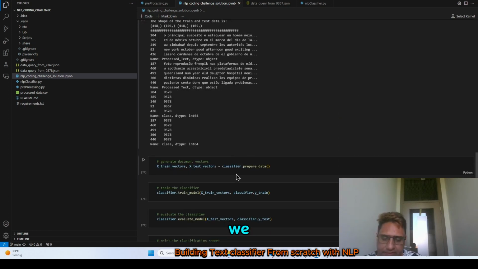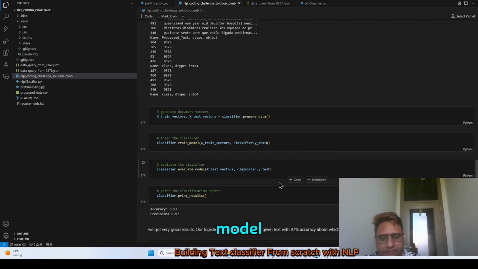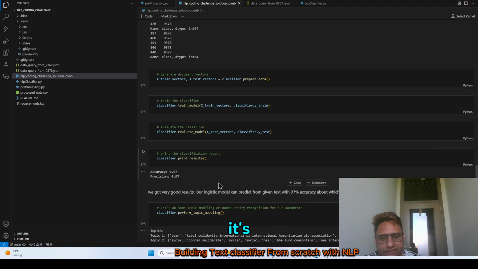Then we apply another step here, classifier prepare data, which is converted into the vectors anyhow, and then we just train the model, which is doing nothing. Then we evaluate the model, and in the end it's running for a couple of minutes, right? And after a couple of minutes, this gives us 97% accuracy, which is very great